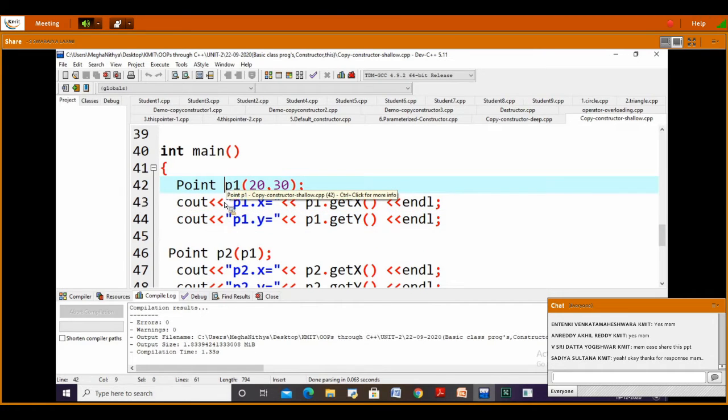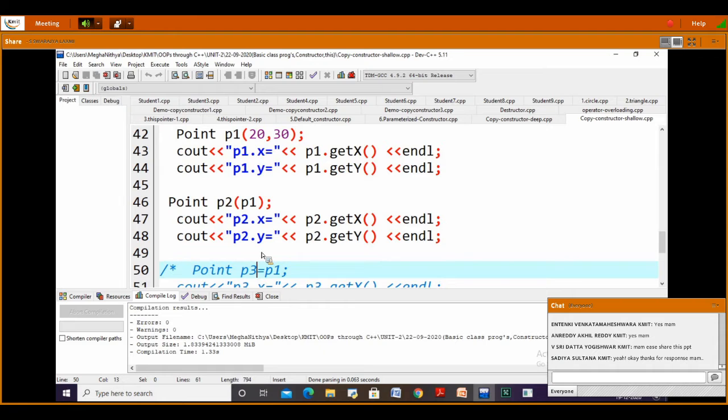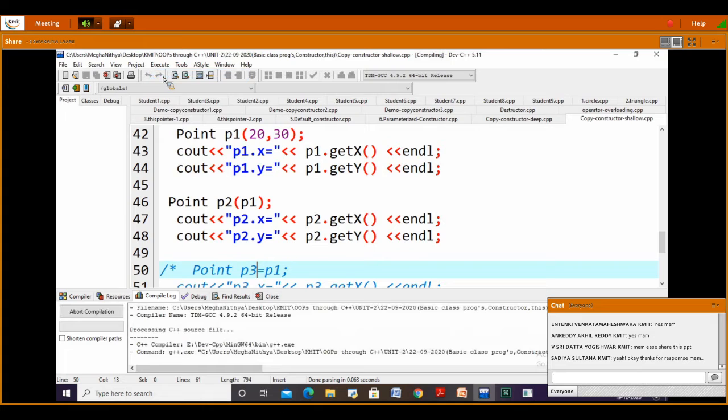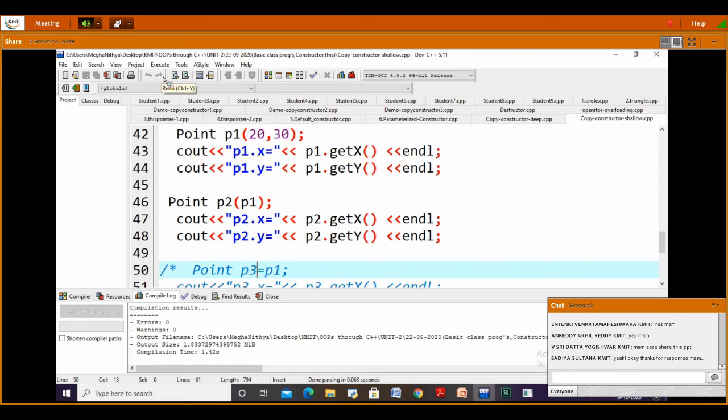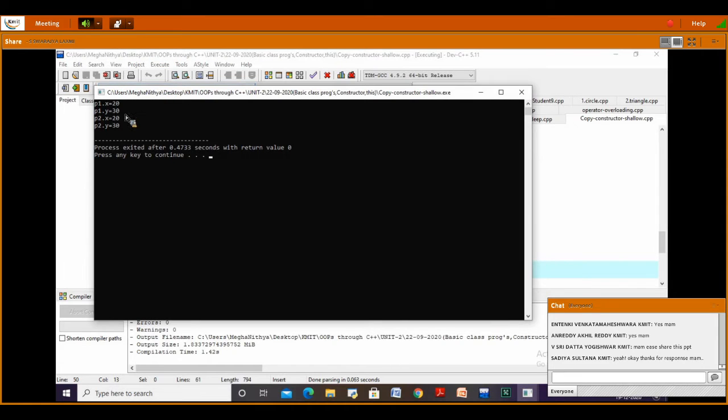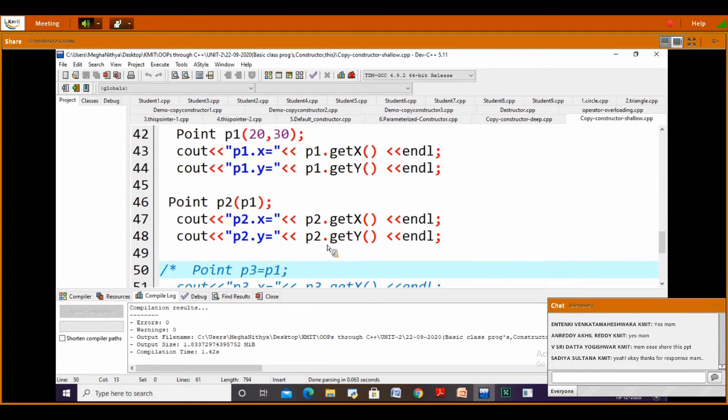Then when I say point p2 of p1, it is again calling a copy constructor. It will print the value. Now see, I will show you. So we got 20 30 and 20 30.